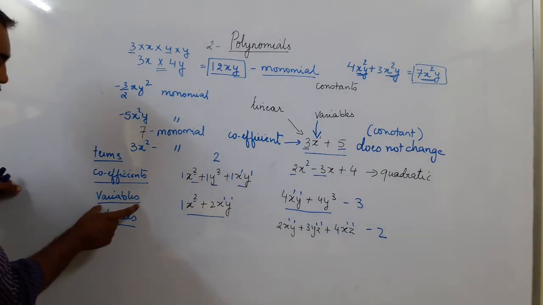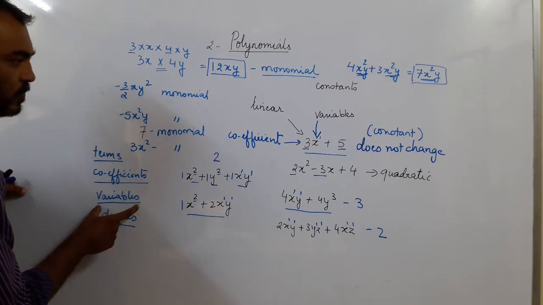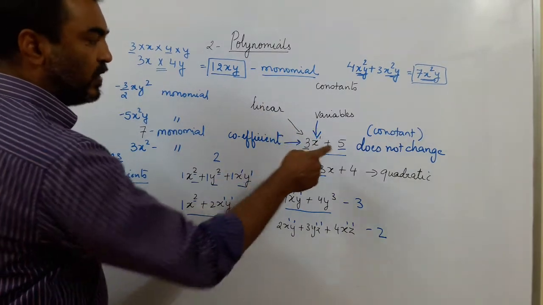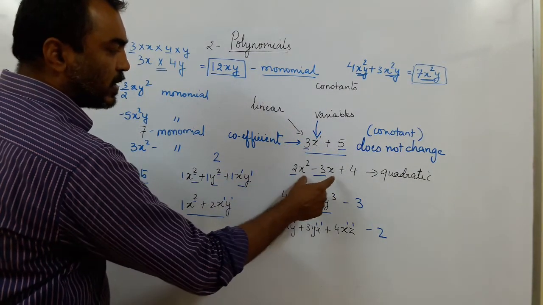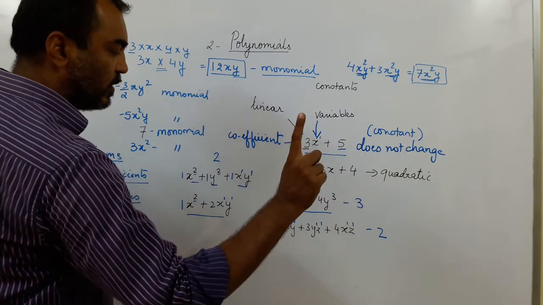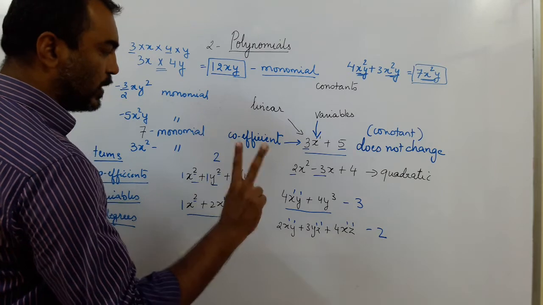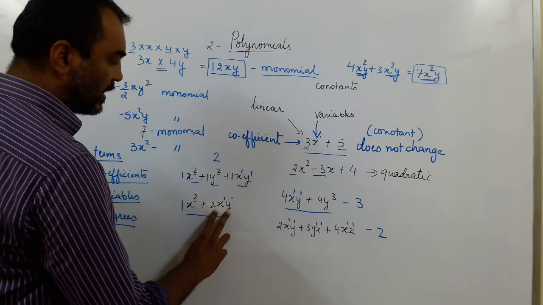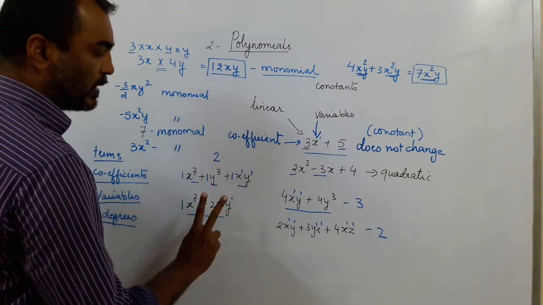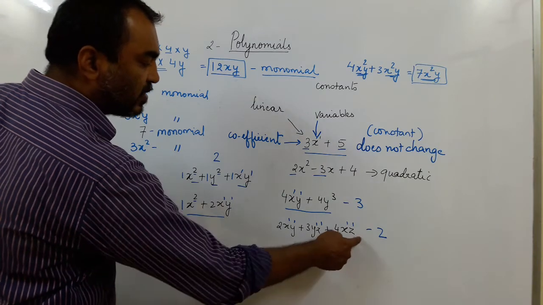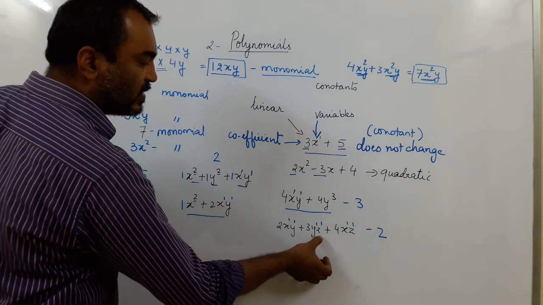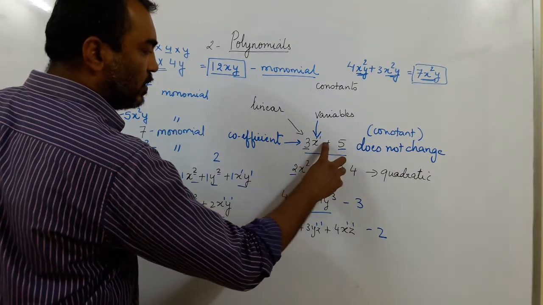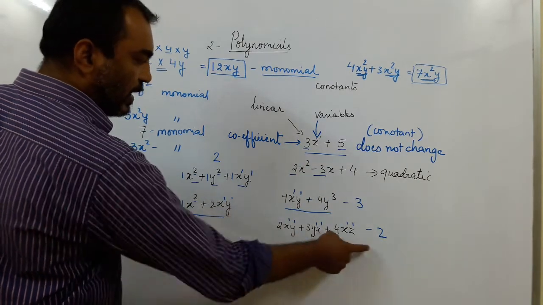Now comes the variables. After the coefficients come the variables. What are variables? So x is only one variable. In this equation there is only x square and x, which means only one variable, x, a single variable. Here there is x and y both, so two variables. Again in this equation there is x and y, two variables. Here there is x, y and z, there are three variables. You can see x is there, y is there and even z is there. So variables are single variable, two variables and three variables.